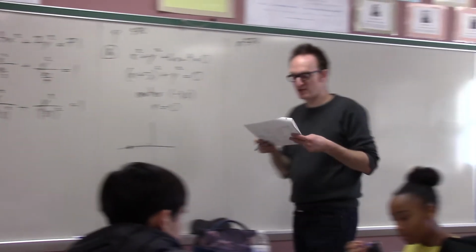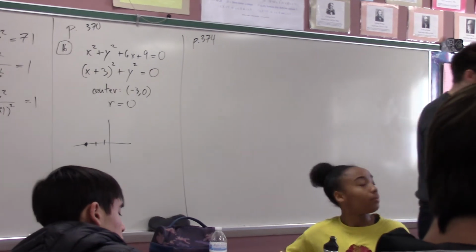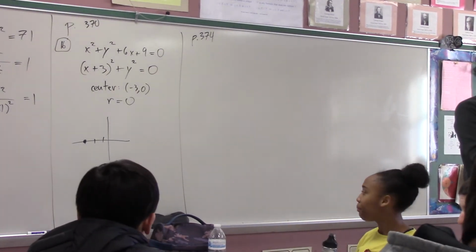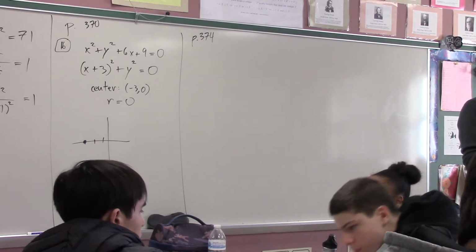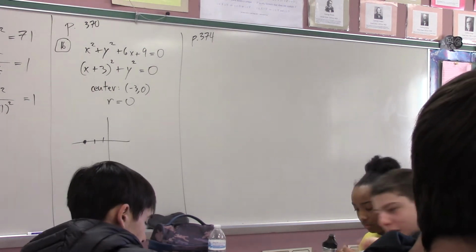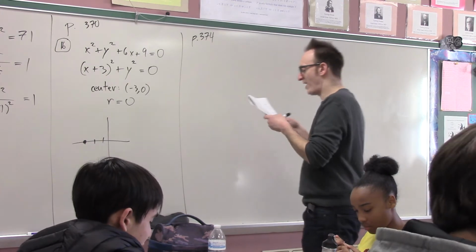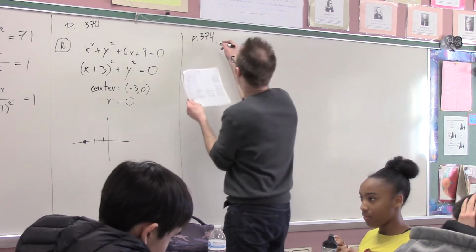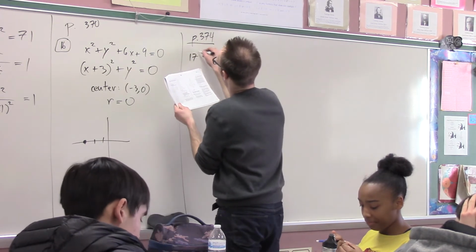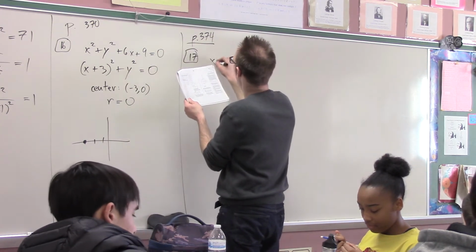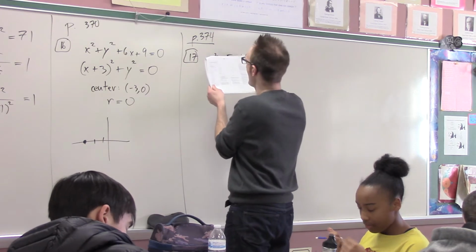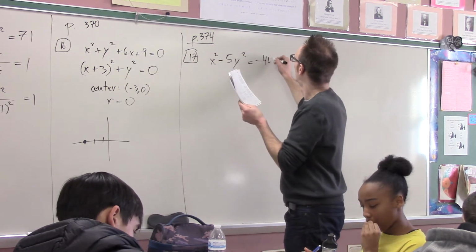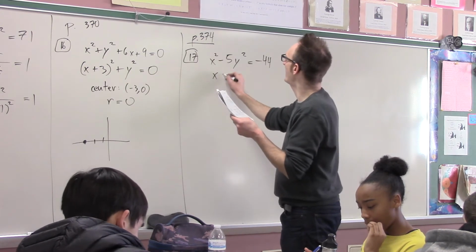Page 374. All right. This is a topic that I decided was easy enough that you could just teach it to yourself. Systems of equations. Is it just ugly? Actually, it works out. Oh, why did I assign this problem? Interesting. Okay. Number 17. x squared minus 5y squared equals -44, and xy equals